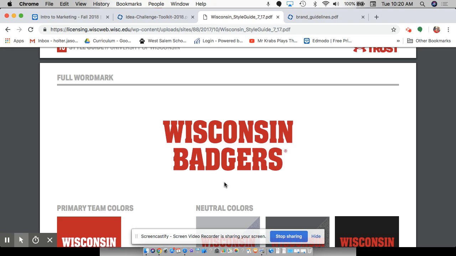You could put Bucky drinking a beer. You could do all of those things. And the university finally said, we have to stop this. These are people that are using our logo in order to do things we don't want them to do. And so that's why they put in that registered trademark, and they made it illegal.